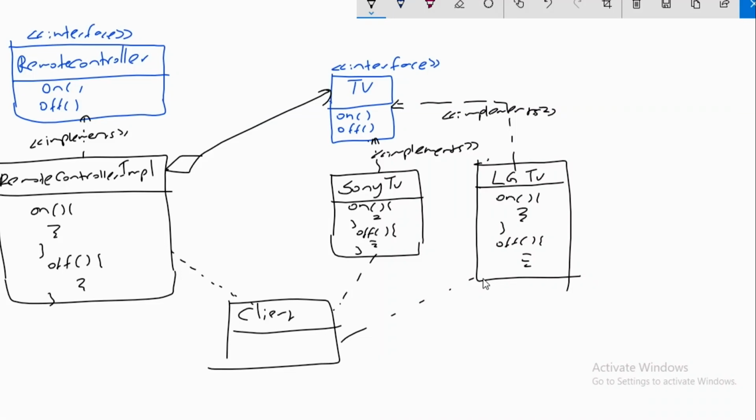Because in the command pattern also you can have on and off operations, and there's a remote controller, that is the invoker. But here there is no command setter. For example, earlier we discussed a light interface and two separate command classes implementing it, like living room light and bedroom light, and you used separate command interfaces.